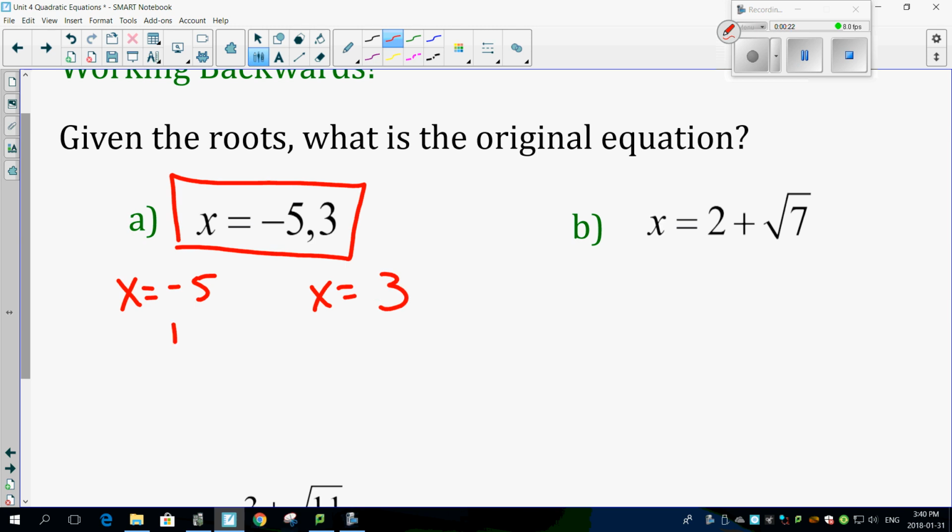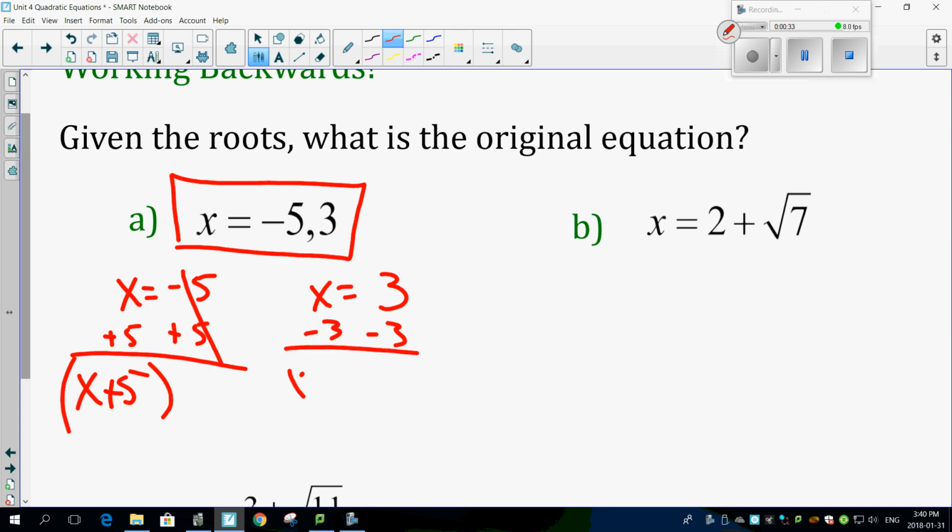Well, you got there by adding 5 to both sides, right? So that cancels. There's your first factor, X plus 5. Look, here's your other factor. Subtract 3 from both sides. This gives you X minus 3. There's your second factor. All you have to do is multiply those guys together using FOIL, and you've got the